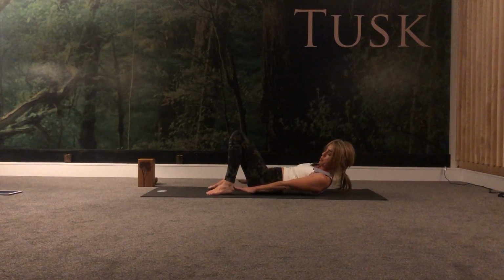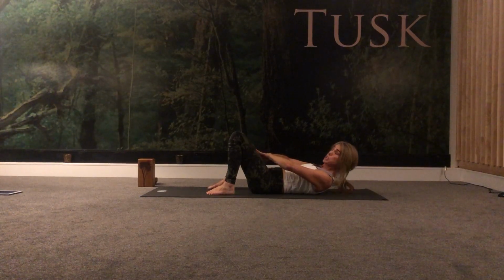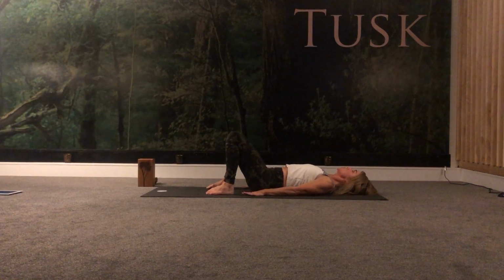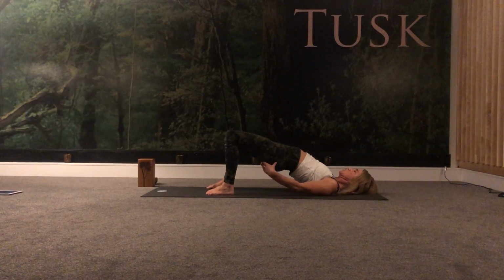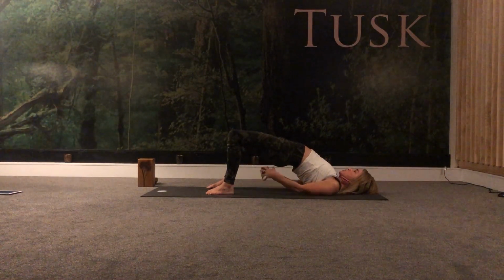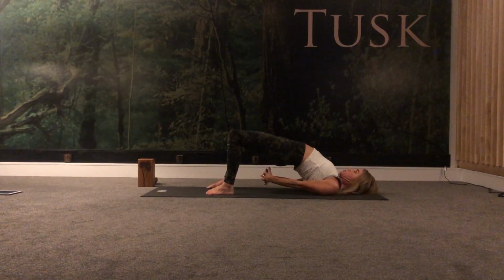With bridge pose, keeping the knees hip distance apart, we're going to squeeze through the inner thighs, shins are facing forward, roll the shoulders away, draw the sit bones together, push through the heels as you lift your hips high, keep squeezing your glutes, draw down through the inner thighs, interlace your fingers, lifting the hips up here so you're really bringing your hips and your pelvis into extension,